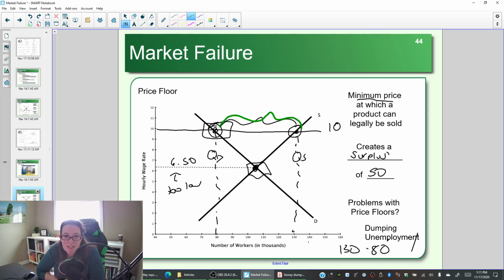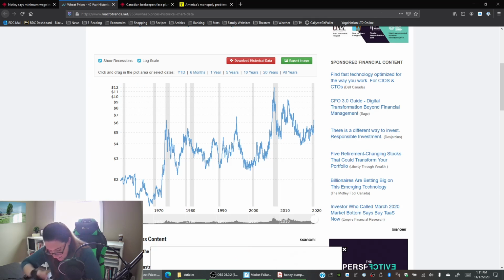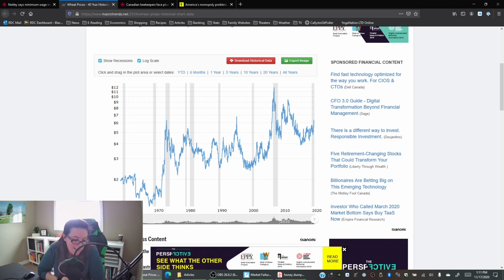There are other challenges that exist with price floors, and let's look at the example of wheat. So if we go and look at wheat prices, here you can see the historic prices of wheat. Right down here, right at the edge of where my picture is, you can see that in 1968-69, look how low the price is for a bushel of wheat, under $2. So the problem is that the price of wheat had fallen so low that it wasn't profitable for people to